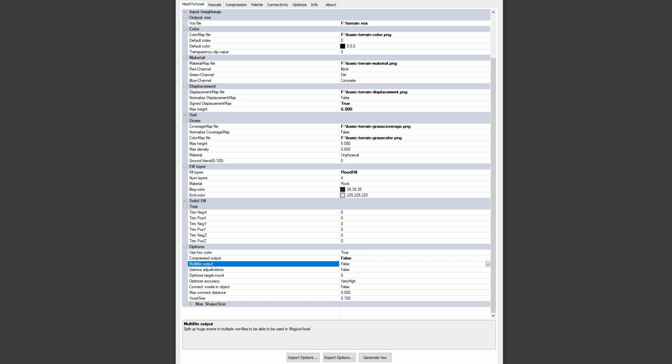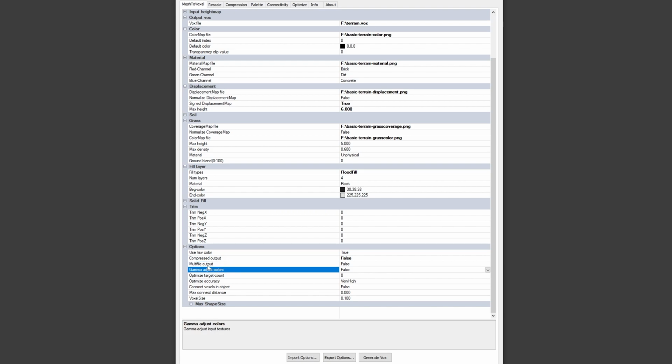The maximum size of a model in MagicaVoxel is, I believe, 2000 by 2000 by 2000 voxels. And with VoxTool, you can make terrains that are larger than this. But if you open a model that is larger than what is allowed, MagicaVoxel will take those shapes that are lying outside its boundaries and pull them inside the allowed space, messing up the model. And in that case, you could set this to true, and VoxTool will generate several vox files that are all within the size allowance of MagicaVoxel, and then you have to stitch them together in the Teardown editor.